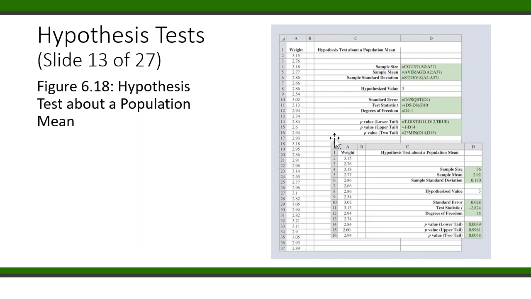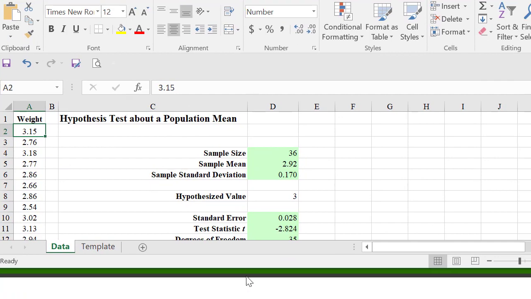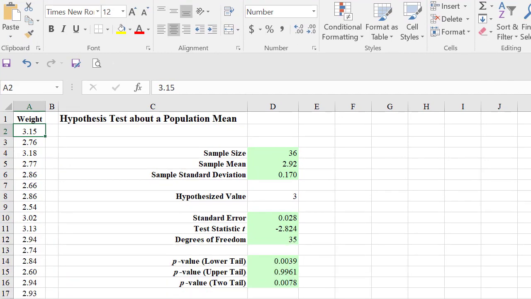So what I've got here on the screen is a way to show you how to solve this problem and tell whether what you've got is statistically significant or not, so you can reject the null hypothesis. So let me bring that up. What I've got here, hopefully you can see it,